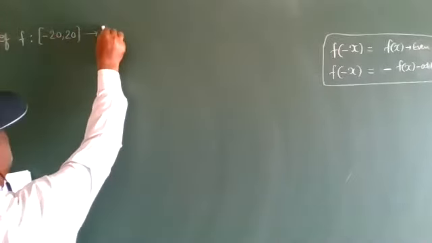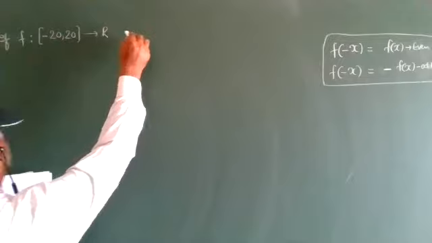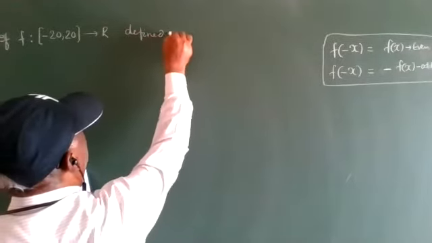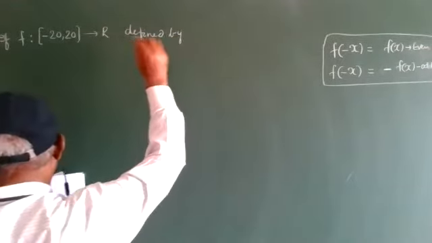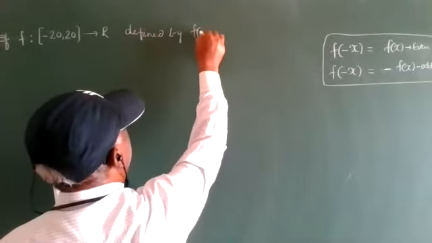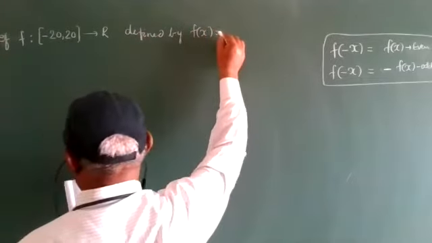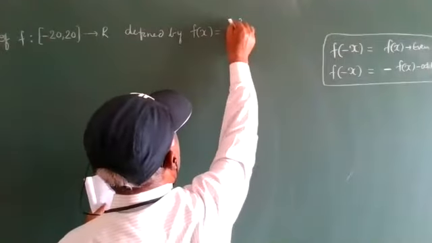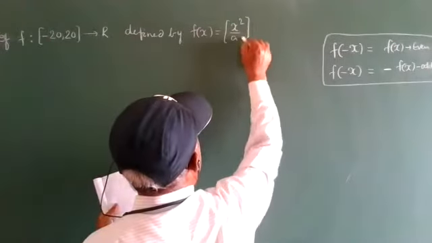The codomain is all the real numbers, defined by f of x is equal to x square by a, the greatest integer function,